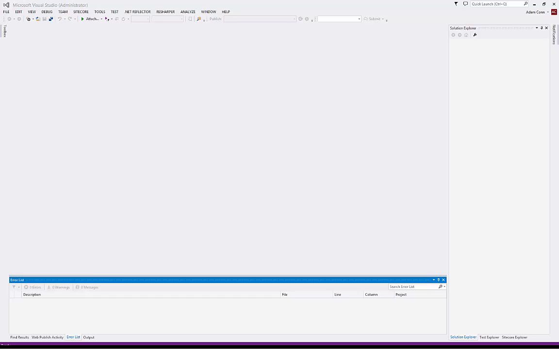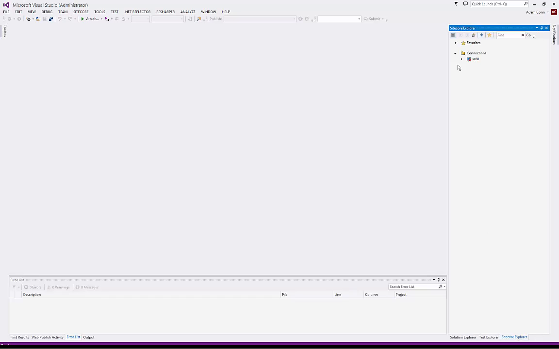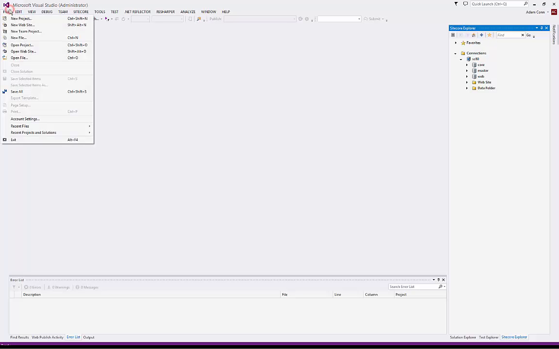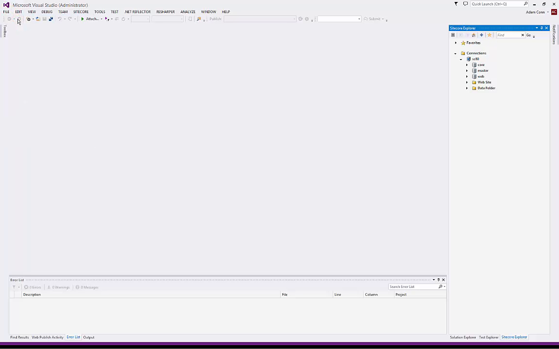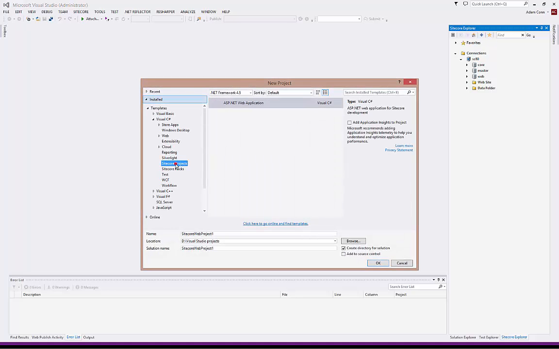So, of course, I have Visual Studio, and with Visual Studio, I have Sitecore Rocks installed. On Sitecore Rocks, I have a connection over to my Sitecore server, so I'm able to work with Sitecore directly from Visual Studio. I can go in and create a new project, and I have the Visual Studio add-in with the Sitecore project templates that allows me to create a new ASP.NET web application, and I can just call